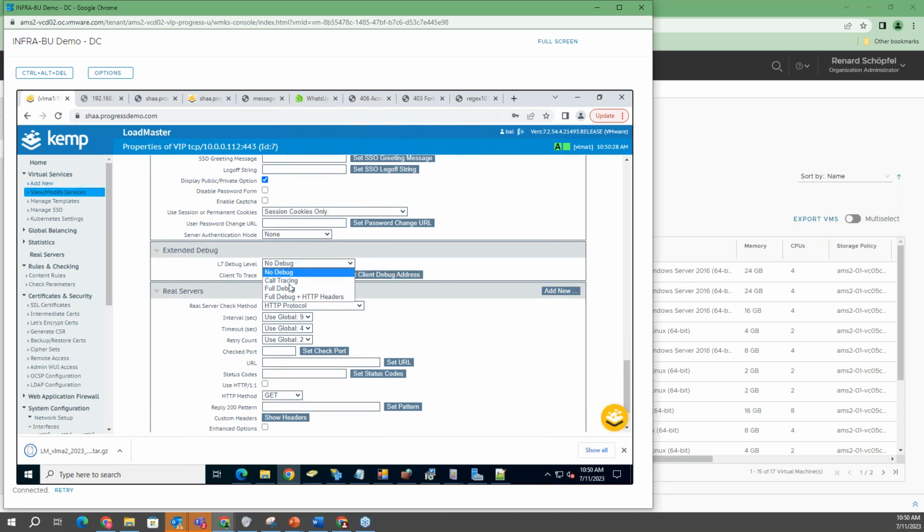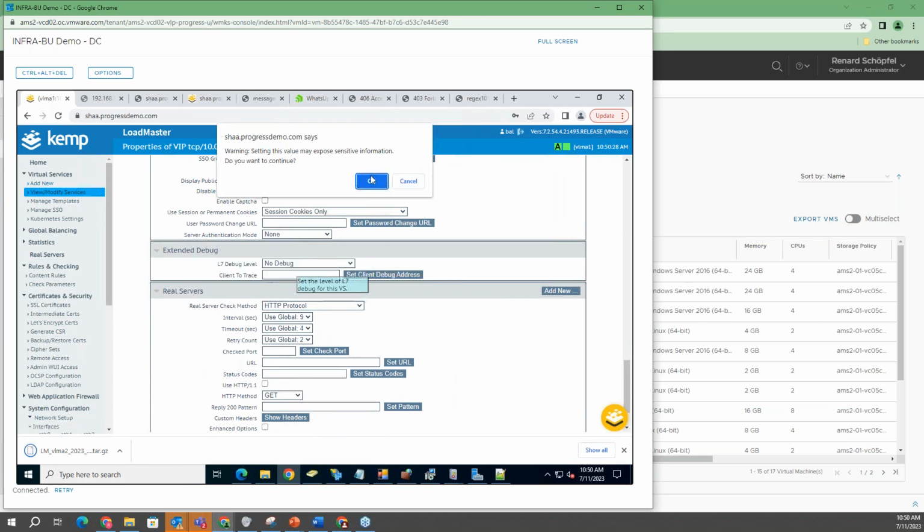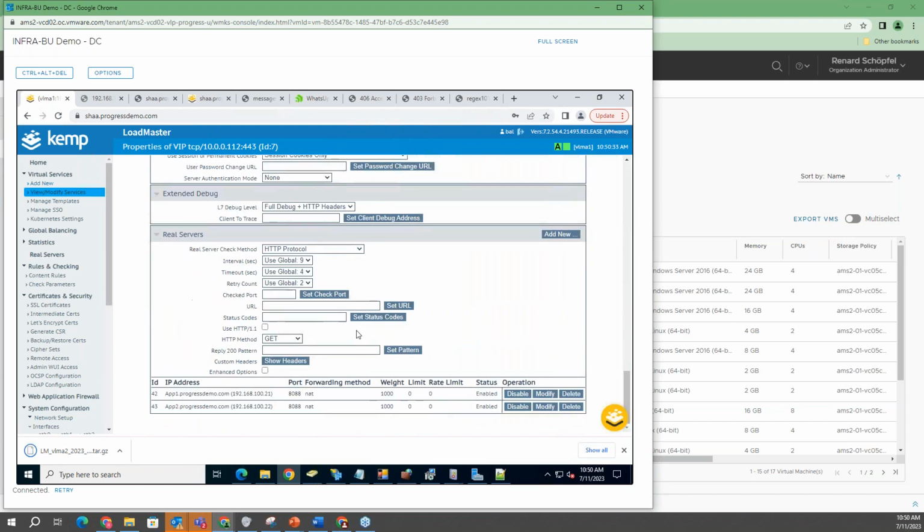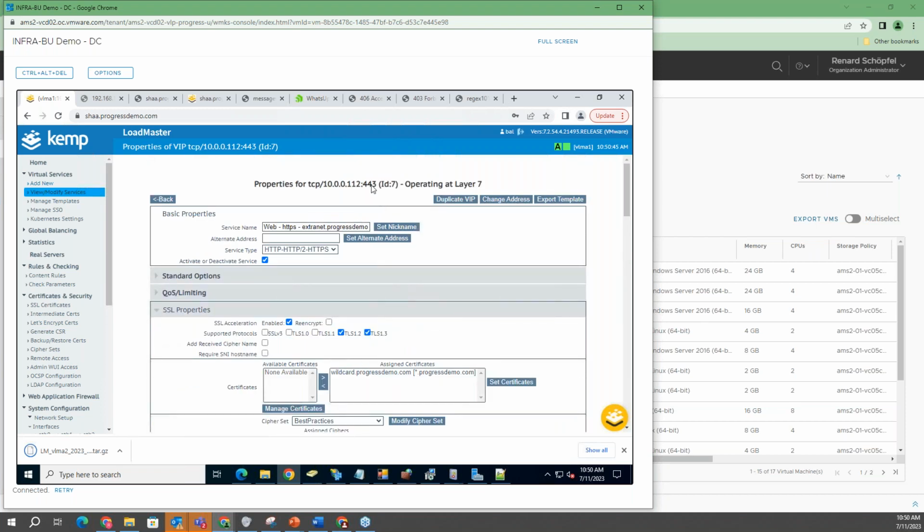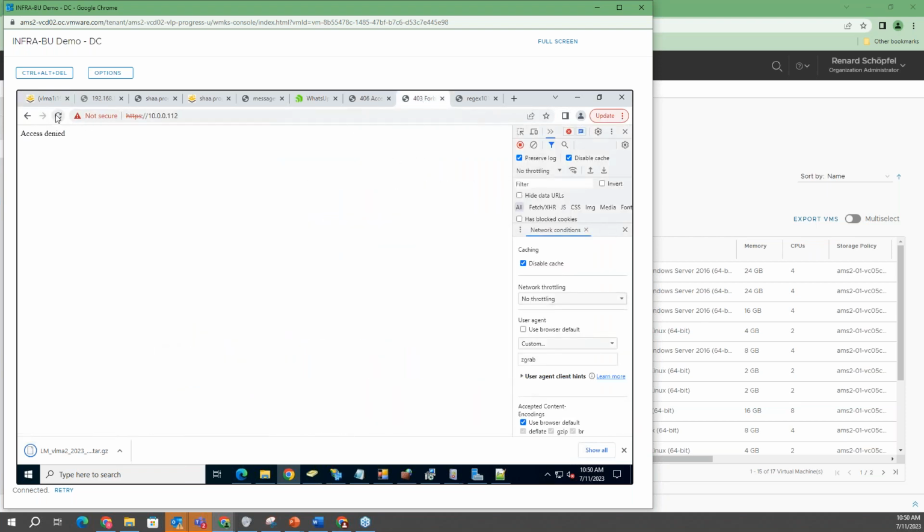And now you can put in what you like to see. And you can even limit that to a client you want to see it from, so you don't see tons of stuff you don't want to see. So 10.0.0.20, that's my client. I only want to see it for that client. And now when I connect,